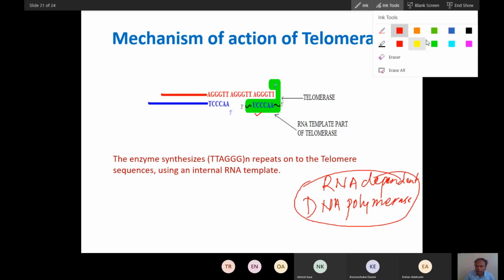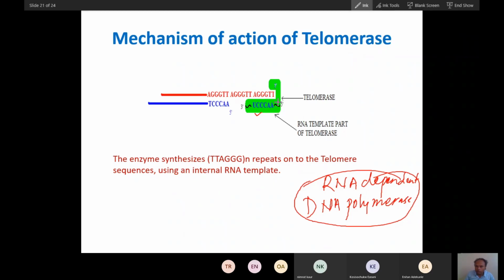And for this telomerase enzyme, I will draw one picture. This is the telomerase enzyme. You can see this enzyme is a protein, and in the protein there is already an RNA sequence. The RNA sequence is like U, AAU, CCAA, and this sequence is different for different species. In our body this is fixed; in every species, this RNA sequence is fixed.